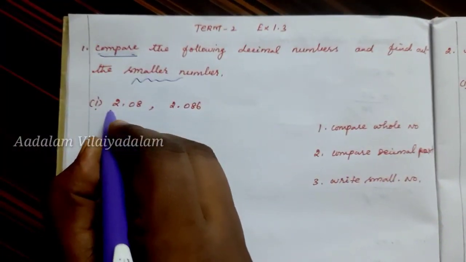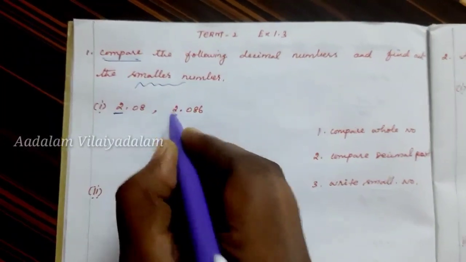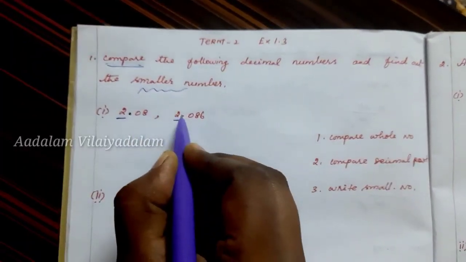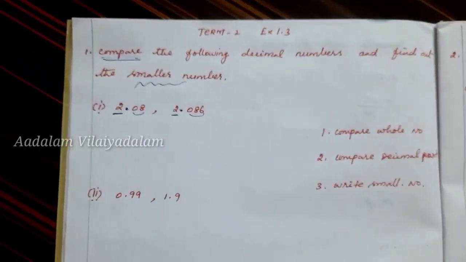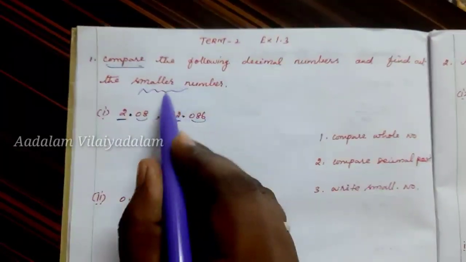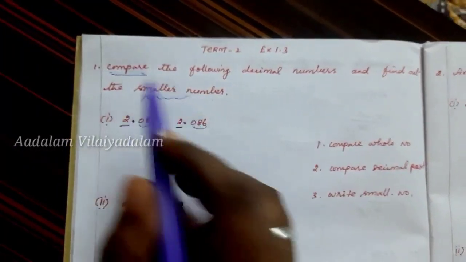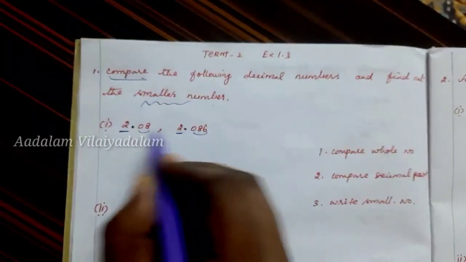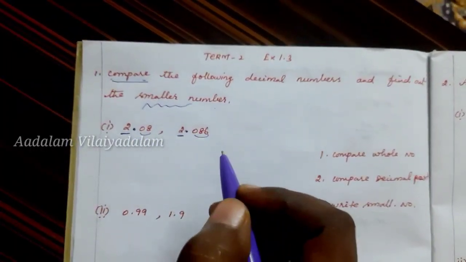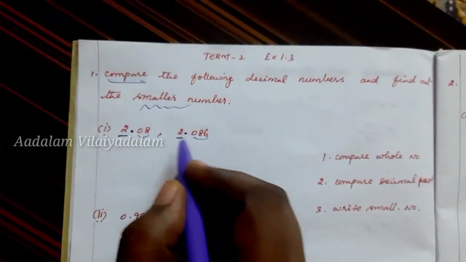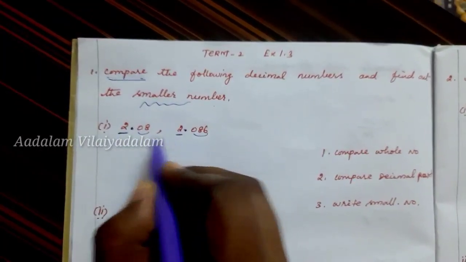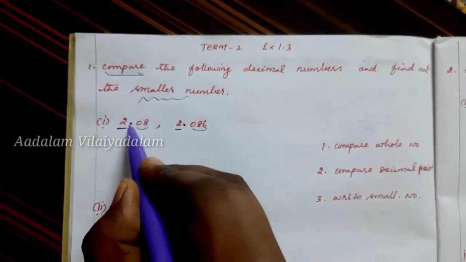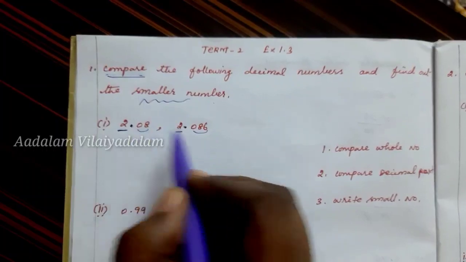So let us look at the left hand side part, that is the whole number part. After the decimal point, we get a fractional part, isn't it? To write the smaller number, before that we need to compare. So let us check 2.08, 2.086. These two numbers look like the same number, but we need to find the smaller number. The 2 is the same, so just omit that. Next move to the point. There is also an existing decimal point.